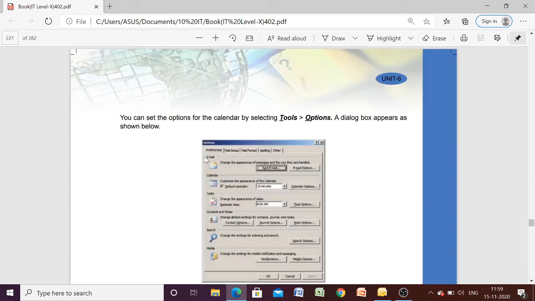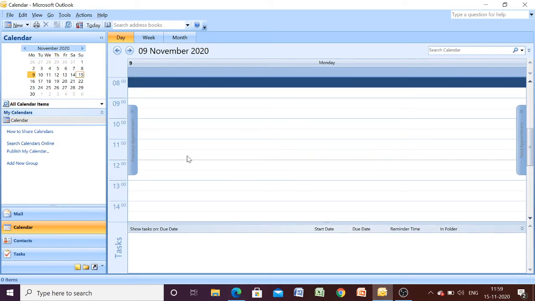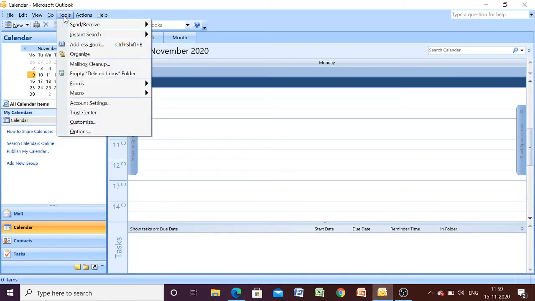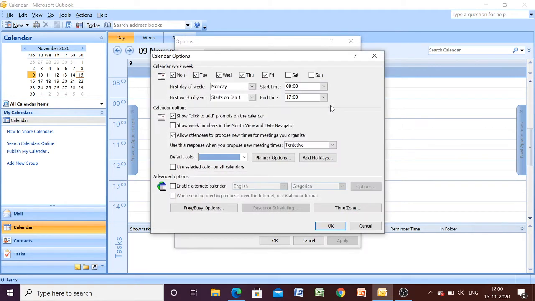Okay, now we can set options for calendar also, and that can be set by selecting tool options. So let us see what are the different options that we can set for our calendar. Here we are having our Outlook, and here we are having tools option. So you can go to options, and here you can select this calendar options to set any particular option.